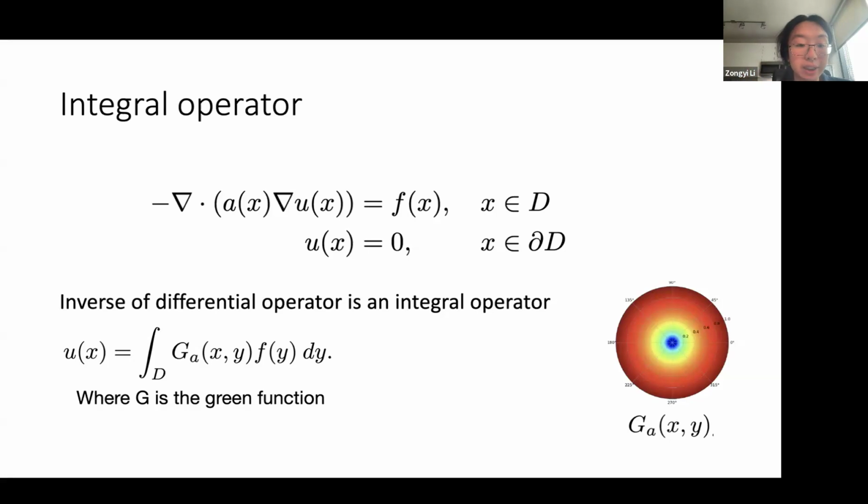But if we write things in the integral formula, it's very easy to parallelize. In a sense, it is just a sum across multiple transforms. So usually we think integral operators are much more scalable compared to the inverse matrix, which is the key of modern computing.